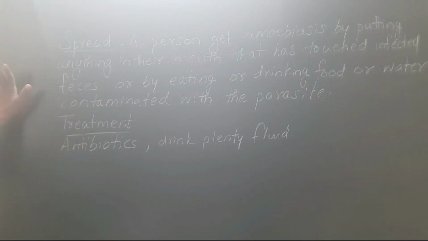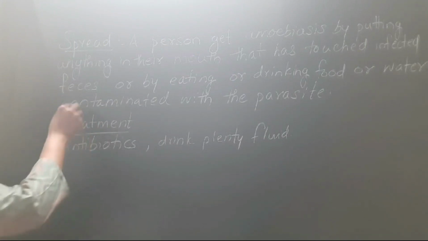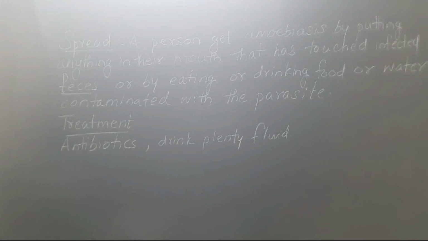A person gets amoebiasis by putting anything in their mouth that has touched infected feces. Feces means stool, motion. Or by eating or drinking contaminated with the parasite: drinking water contaminated with the parasite, and eating food contaminated with the parasite, then a person gets this